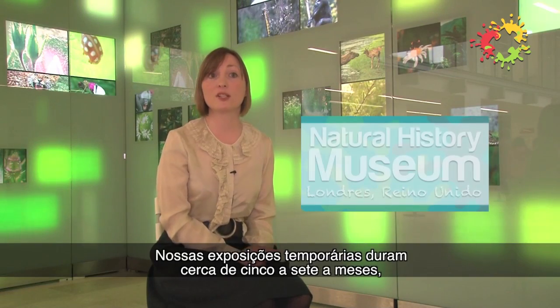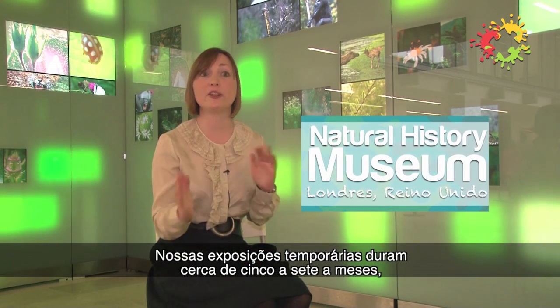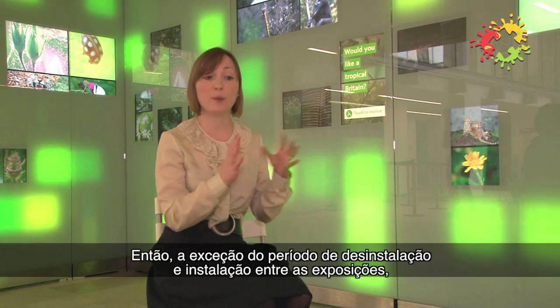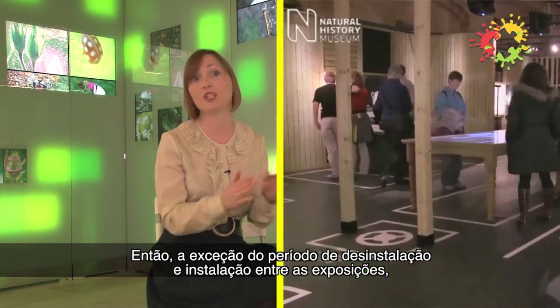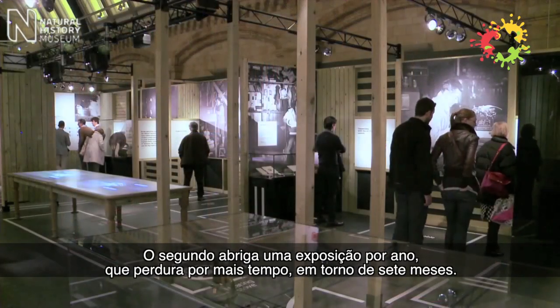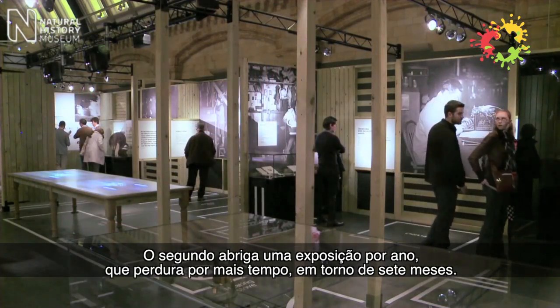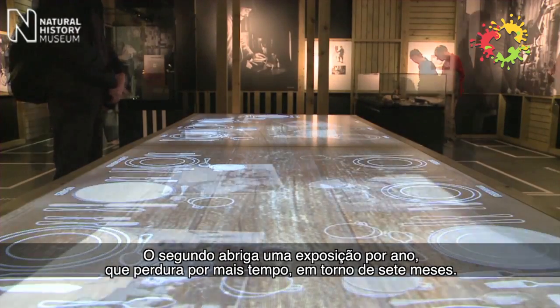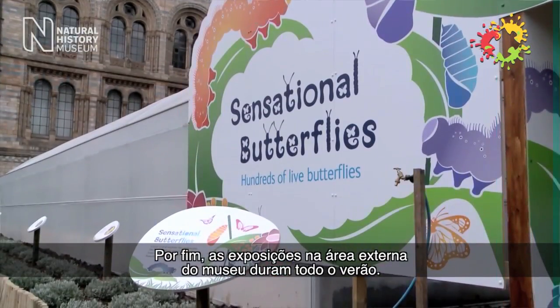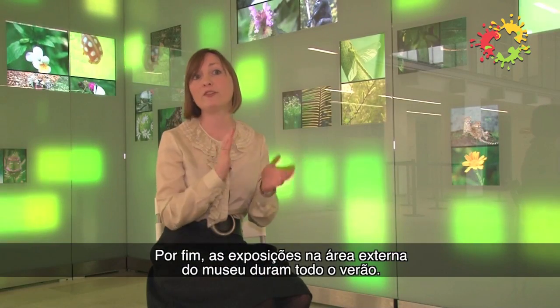We put our temporary exhibitions on for a period around 5 to 7 months, depending on when they open and which gallery they're in. So our main exhibition space, the Waterhouse Gallery, has 2 exhibitions a year. So, apart from the change-out time between exhibitions, it will have something on all year round. Our second space, the Jerwood Gallery, will have 1 exhibition a year, and that will be on for longer. So that's around a 7-month run. And then when we put exhibitions outside the museum on the lawn, they will run for the duration of the